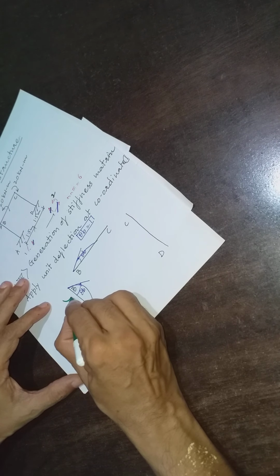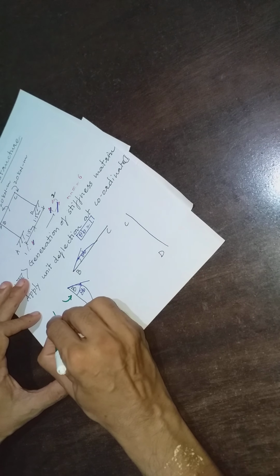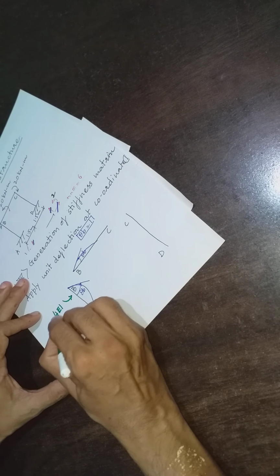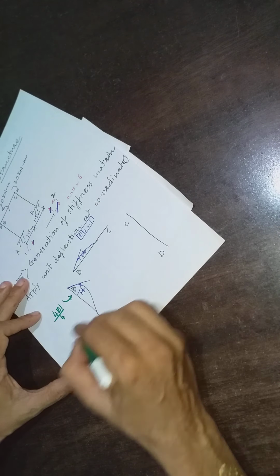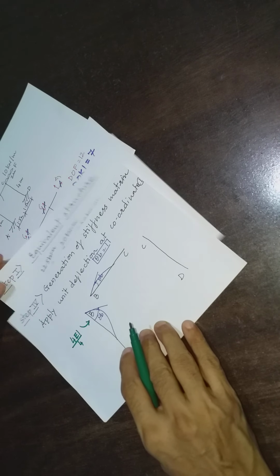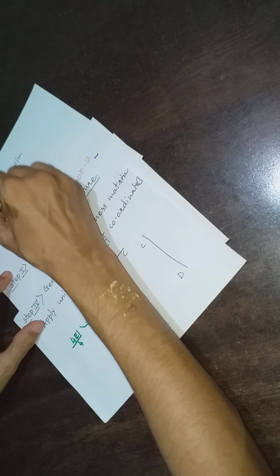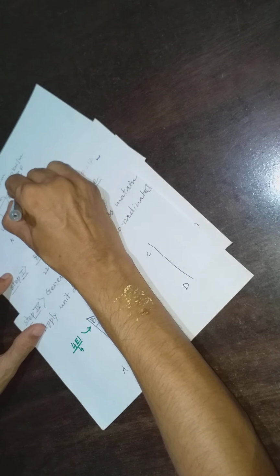Now look at this structure, BA and BC. Now I am writing what are the moments generated in the portion BA. If you remember, this is our rotational stiffness diagram. The first moment is 4EI by 4. EI is EI for the portion, I is I. Yes, I have forgotten, this is I, this is 2I and this is I.